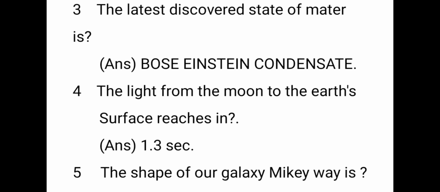The Bose-Einstein condensate is a state of matter in which separated atoms or subatomic particles are cooled to near absolute zero, that is minus 273.15 degrees Celsius or minus 459.67 Fahrenheit, close to a single quantum mechanical entity. This can be described by wave functions on a near-microscopic scale. So that is the fourth state of matter in the universe.